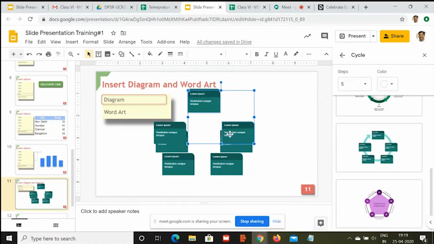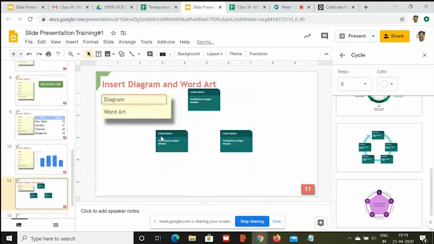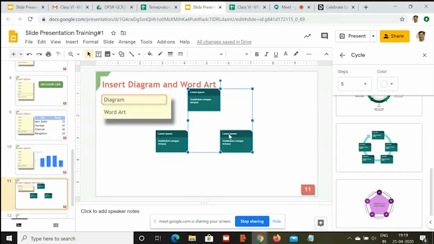Let me delete all of them together. Then we'll pull a shape. 3 are left. When you are deleting these different objects and you want to select them together, you have to click on one, click on shift and click on the other, click on shift and click on the other. So all 3 of them are selected and I have removed them. Right?